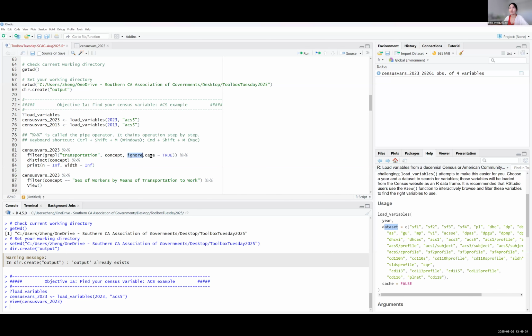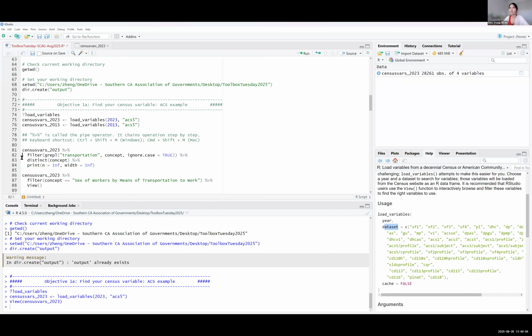And it's not going to be case sensitive, so it doesn't matter capitalized or not capitalized. So find those rows where concept contains transportation, and the filter function asks R to only show those rows.